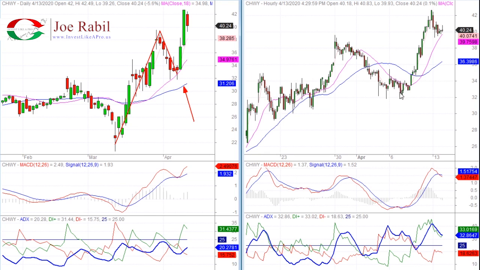But what we're looking for is for it to fail. So it comes down, it actually tests that low. And if you don't break this low, it's a very bullish sign, actually, that you're probably going back in line with the daily trend. Another way to confirm this is to draw in your trend line. You can see the trend line and the 18 were basically the same. You came up and popped through, and then when you came down and tested, that was the 2. So 1 is breaking the trend line, 2 is testing the low,